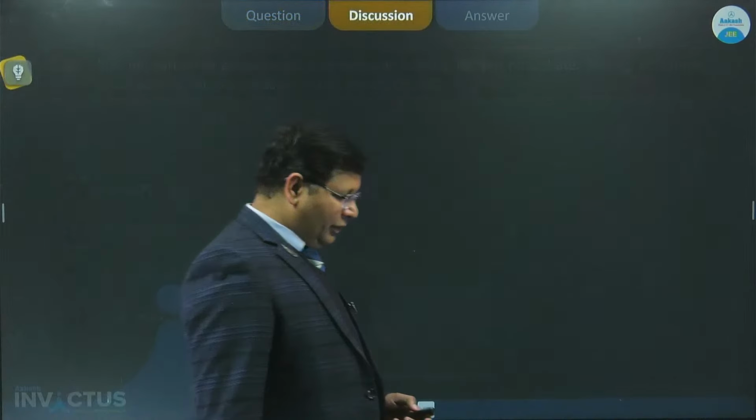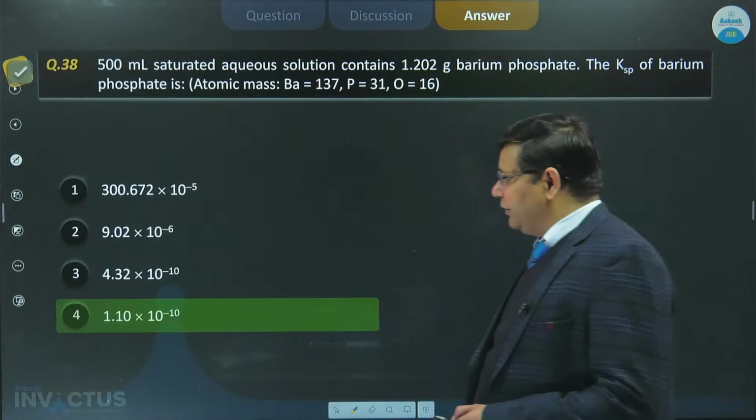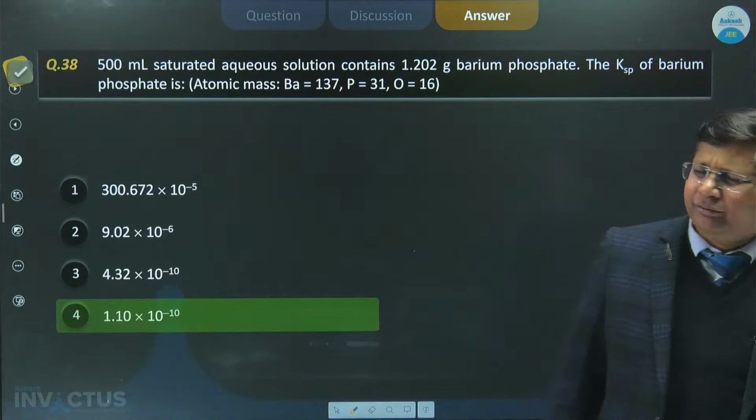ओके. तो लेट्स चेक द आंसर। तो इसको नियर बाई सॉल्व करोगे तो बच्चों पावर पे है, आ जाएगा आपका ये आंसर, करेक्ट सॉल्व करके आ जाएगा। तो दैट्स वेरी कॉमन क्वेश्चन।